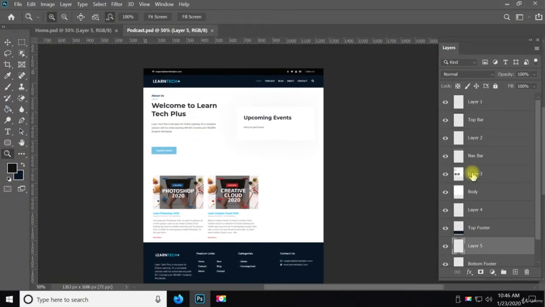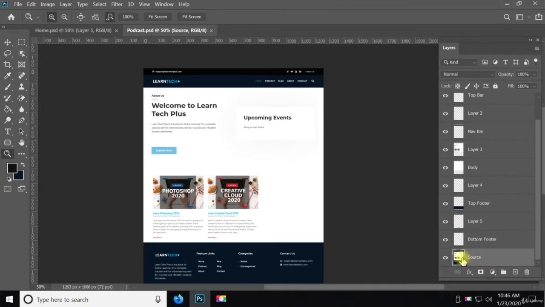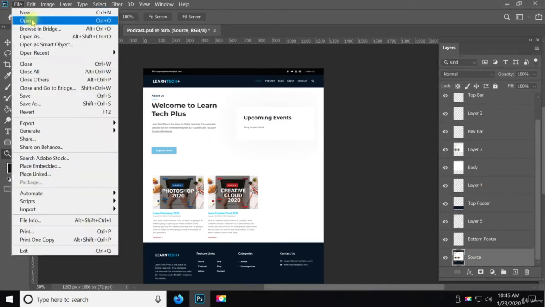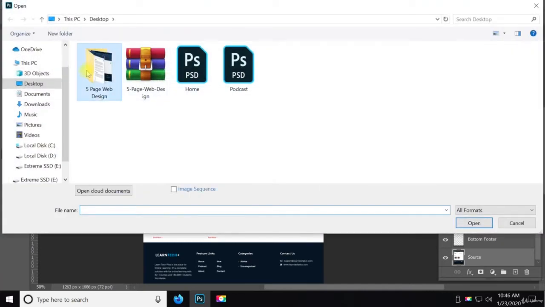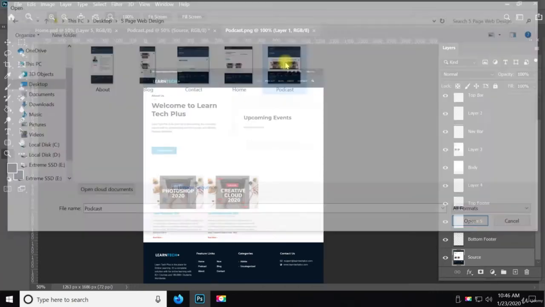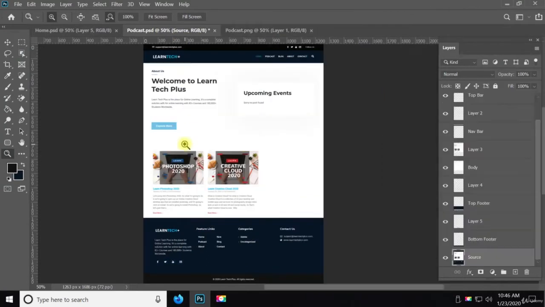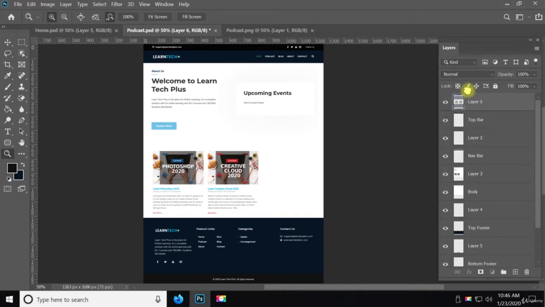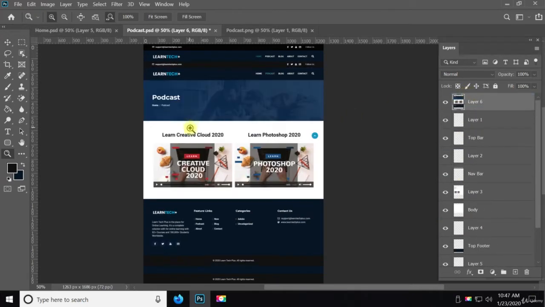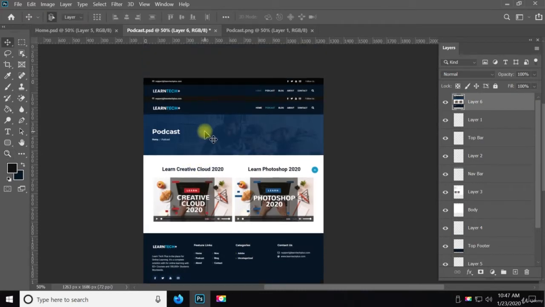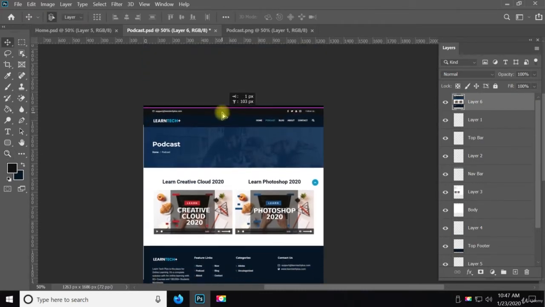And then what I want you to do is we're going to bring in the source. So we're not going to use the source that we use for the home page. We're actually going to use the podcast source. So I'm going to click on open. We're going to go to podcast. I'm going to hit Control A, Control C, and then we're going to Control V it into our PSD file. So I'm going to drag it right there. And then what I'm going to do is we're going to bring it up